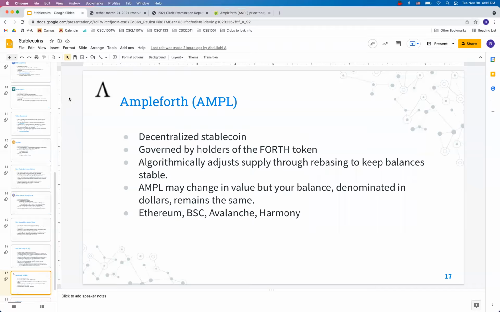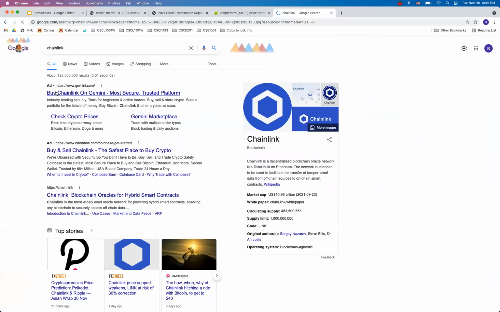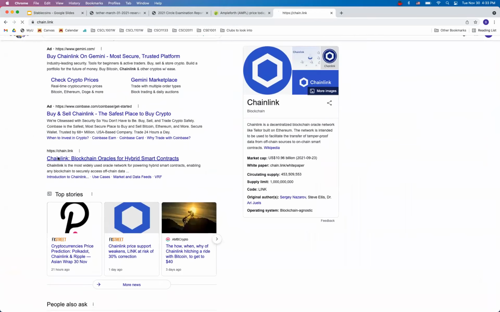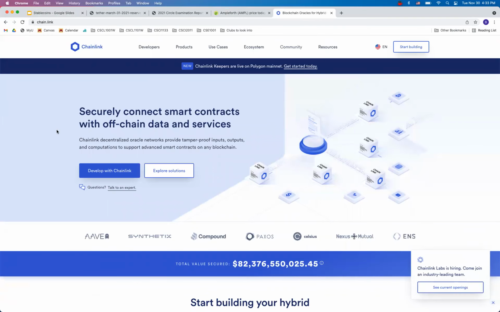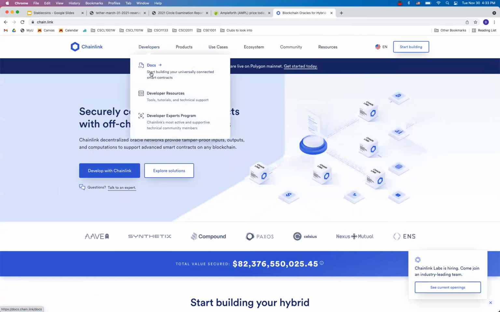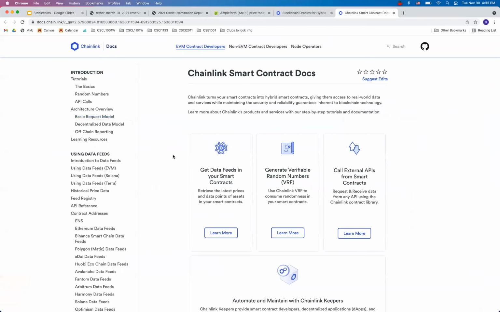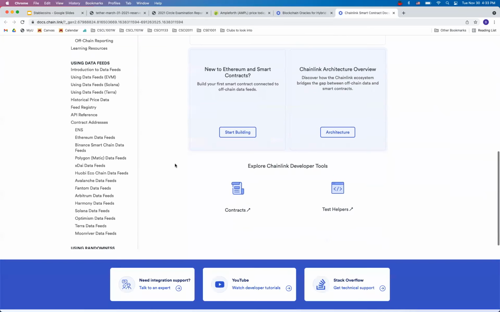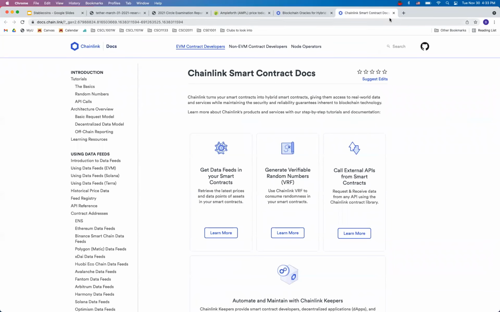I'm kind of curious how that circumvents the oracle problem, how it can be done trustlessly. I think the oracle in this case is used for something different. Oracles are just data feeds, basically. Ampleforth uses Chainlink. You can look into that. I'm not really sure if there's anything that can give us a quick answer of how it works. It basically gets data feeds into your smart contracts. I think Chainlink is supposed to be decentralized in a way. I'm not entirely sure though.